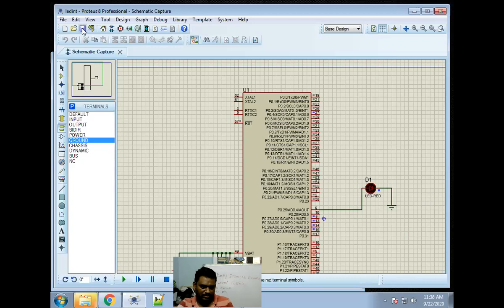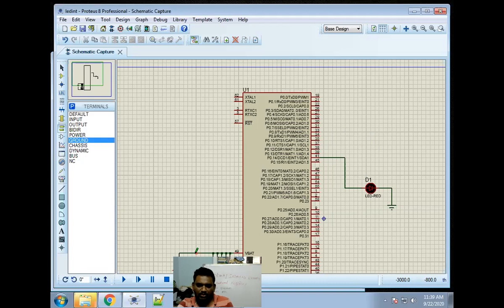Simply stop it. To connect to pin number 14, right click on the wire, delete the wire, and connect it to pin number 14. Yes, this is pin number 14.